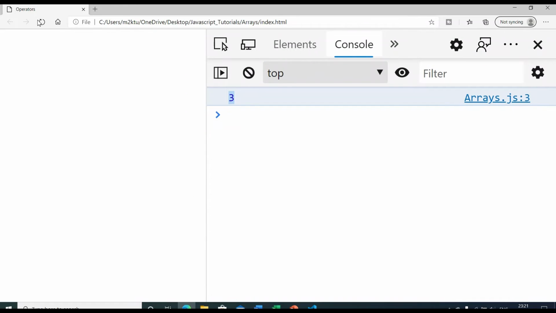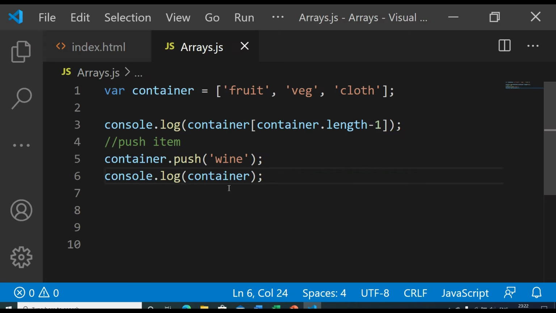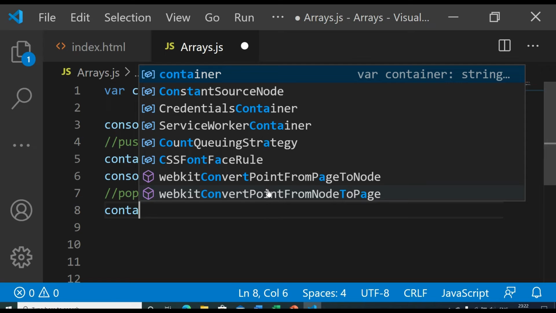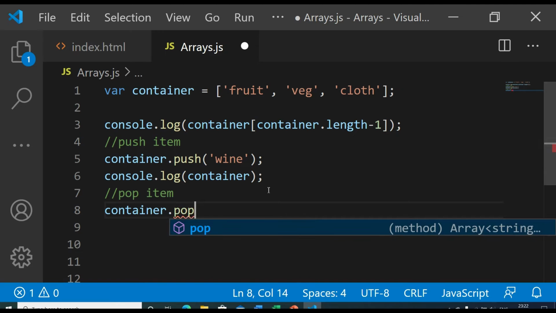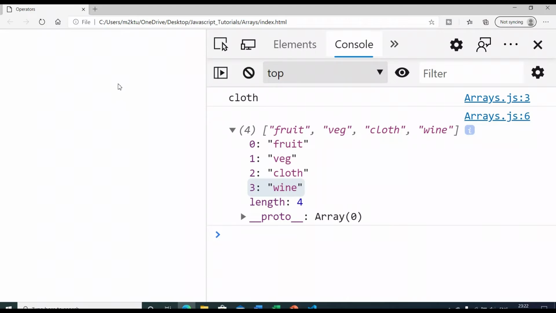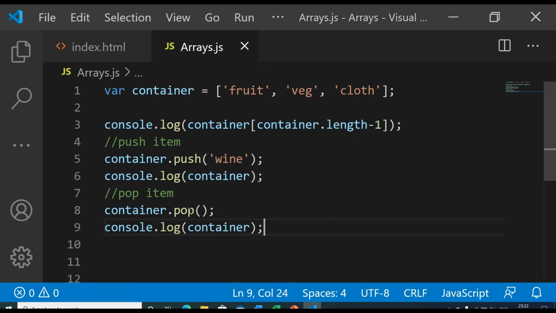Let's check that, and here we go, we have 4 items now, and at the last index we have wine. Then using another method, pop, we can remove the last item from the array. If you write container.pop and print this again, you will see that the last item is now gone. Earlier there were 4 items, now only 3.